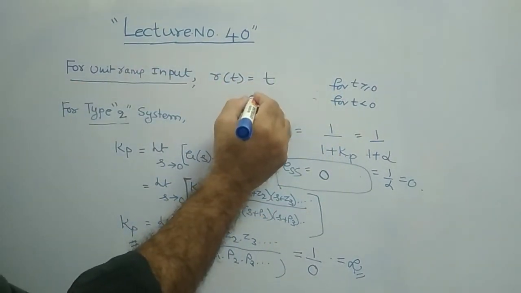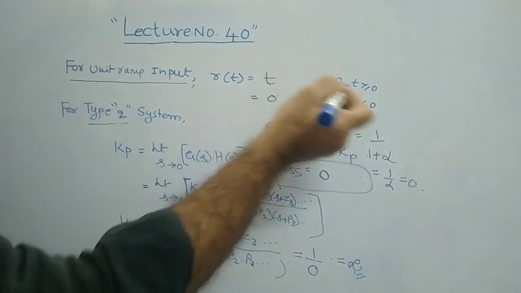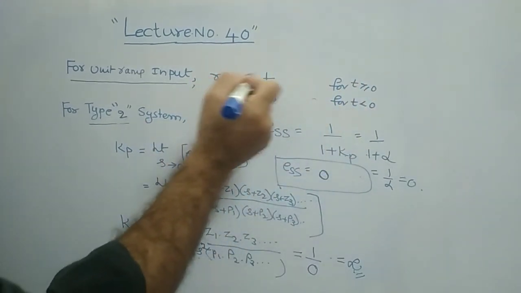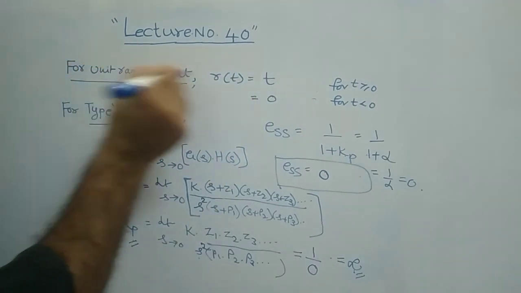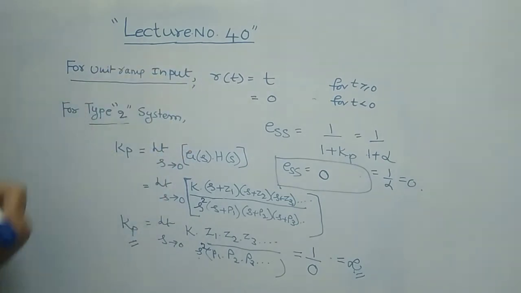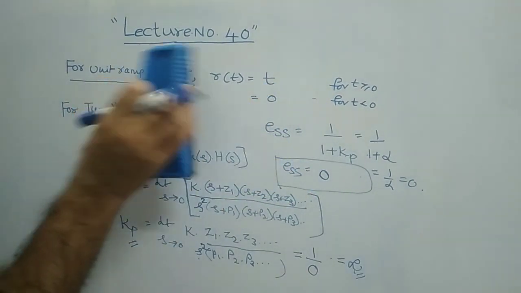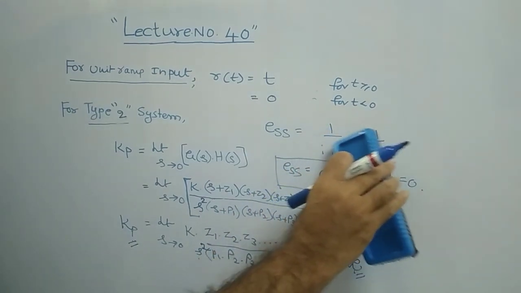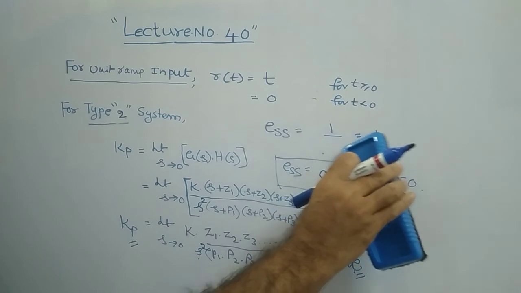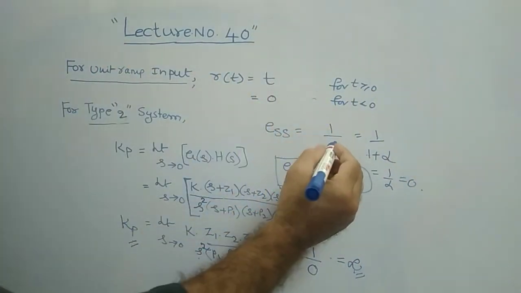Unit ramp is nothing but R of t equal to t for t greater than or equal to 0, and it is 0 for t less than 0. That is the input, the ramp input. That is the definition of ramp input. Clear? So now for the ramp input, what is the steady state error value? 1 by Kv, 1 by